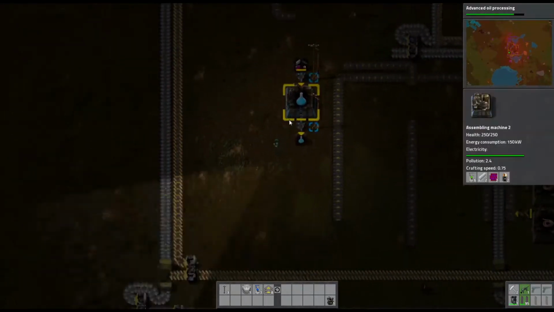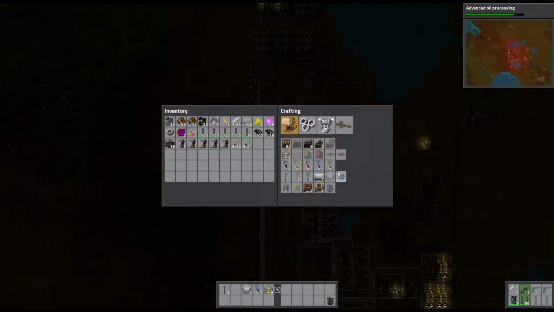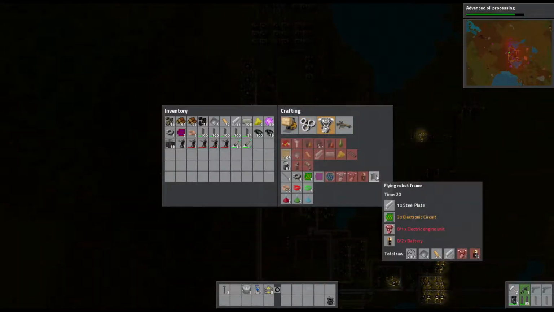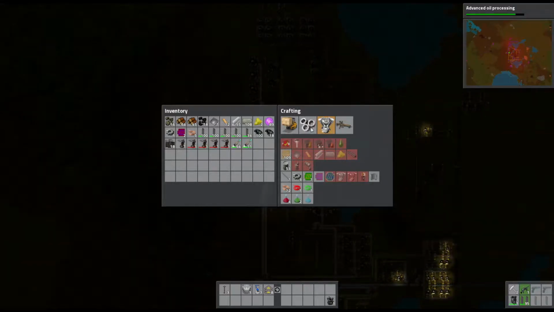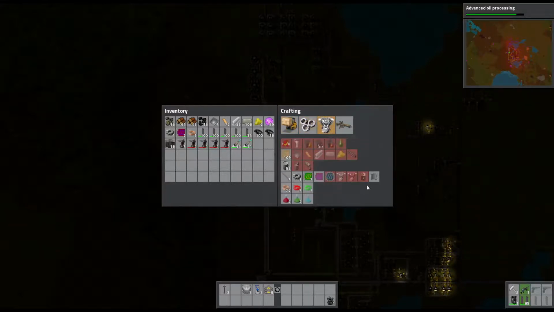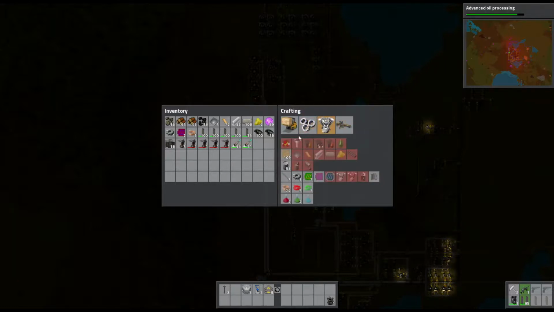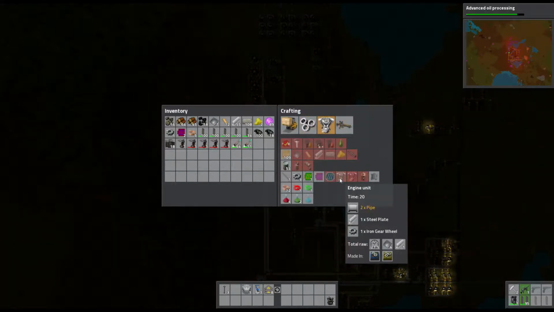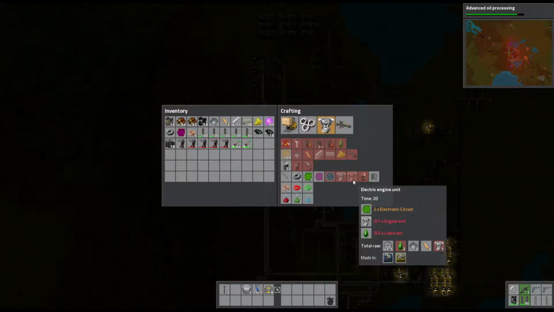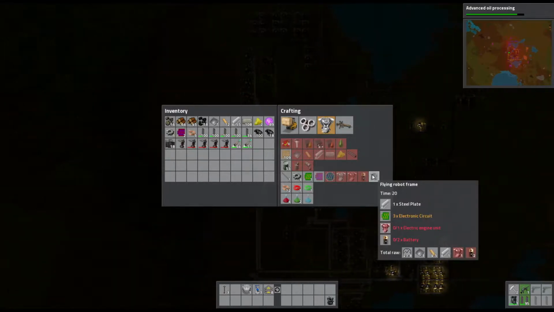Then we will be able to start constructing robots en masse. We've got everything else in place in order to be able to do that, I believe. So yeah, flying robot frames. We'll have to start creating electric engine units, which is a little bit of effort, but not so much that it's a pain in the ass. And then we'll be able to make electric engines, which is just an engine unit and lubricant. And then we will... the pain in the ass I was going to illustrate is pipe, steel plates, iron gear wheels onto electronic circuits, engine units, and lubricant will make the electric engines, which is the hardest part of the